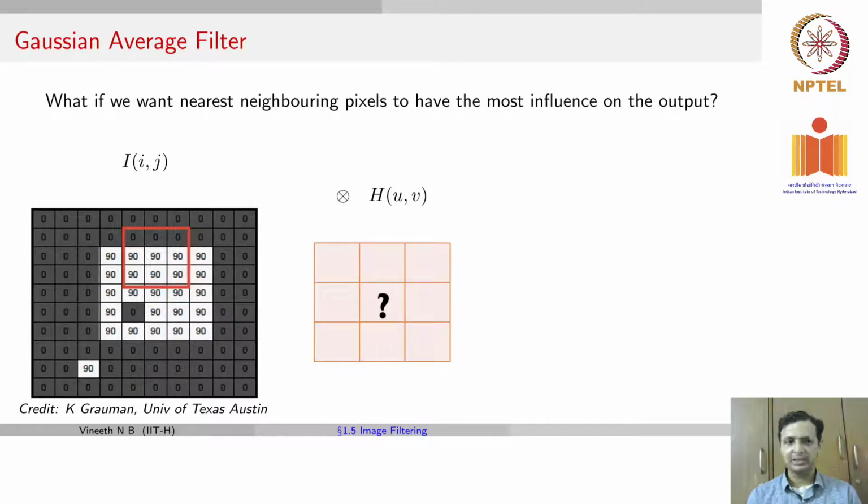Okay, now let's try to complicate this a bit and say we don't want a box filter. We want to take an average, but we want to take an average in such a way that the middlemost element should have the highest influence on the output. One neighbor away should have the next level of influence. Two neighbors away should have a lower level of influence, and so on and so forth, depending on the size of your filter. Remember, you could do an average not just with a 3 cross 3 neighborhood, you could do it with a 5 cross 5 neighborhood, 7 cross 7 neighborhood, and that is something that you have to define when you perform the operation.